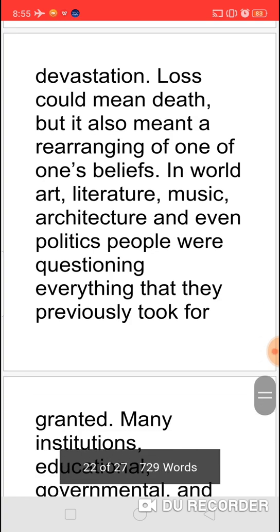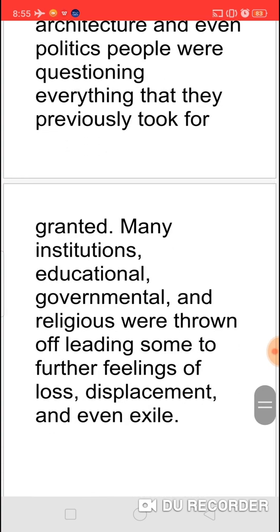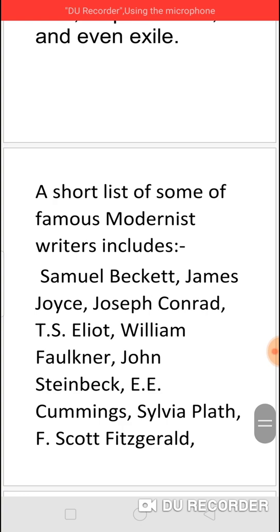In the world of art, literature, music, architecture, and even in politics, people started questioning everything which was previously taken for granted. Many institutions, educational, government and religious, were overthrown, leading to feelings of loss, displacement, and sometimes even exile. Very important writers of this modernist movement are Samuel Beckett, James Joyce, Joseph Conrad, T.S. Eliot,